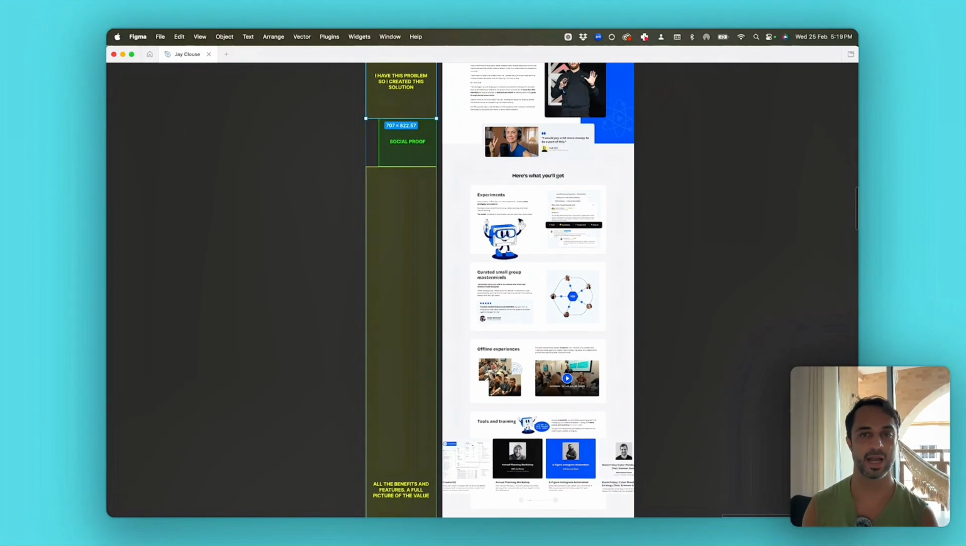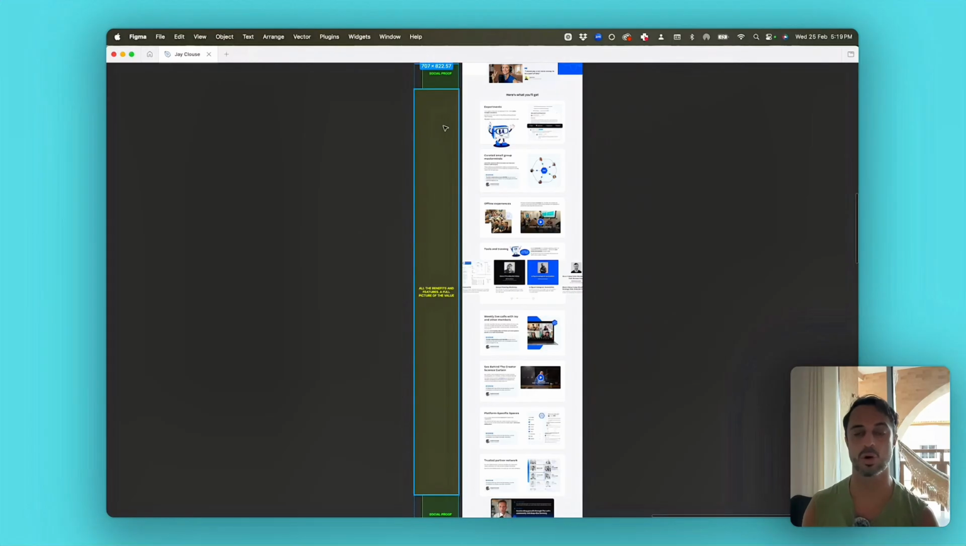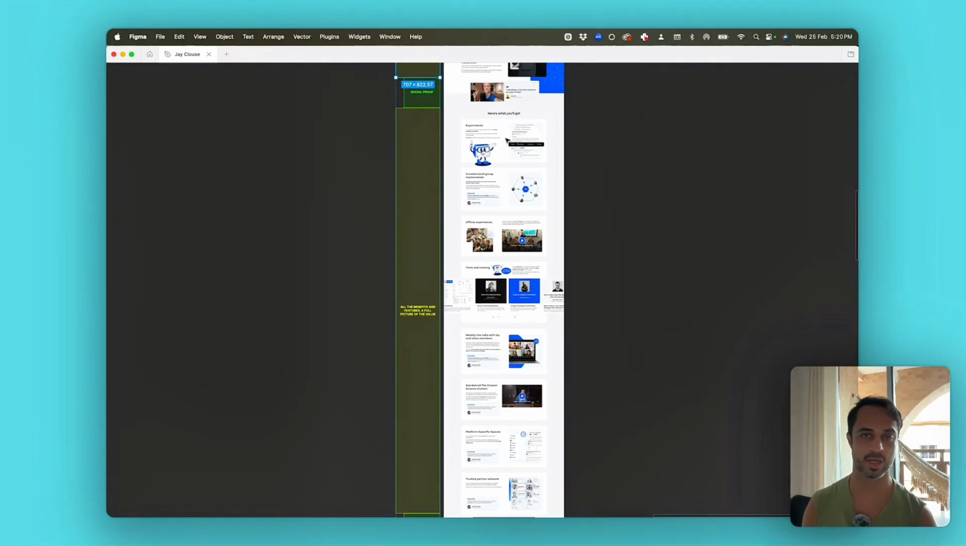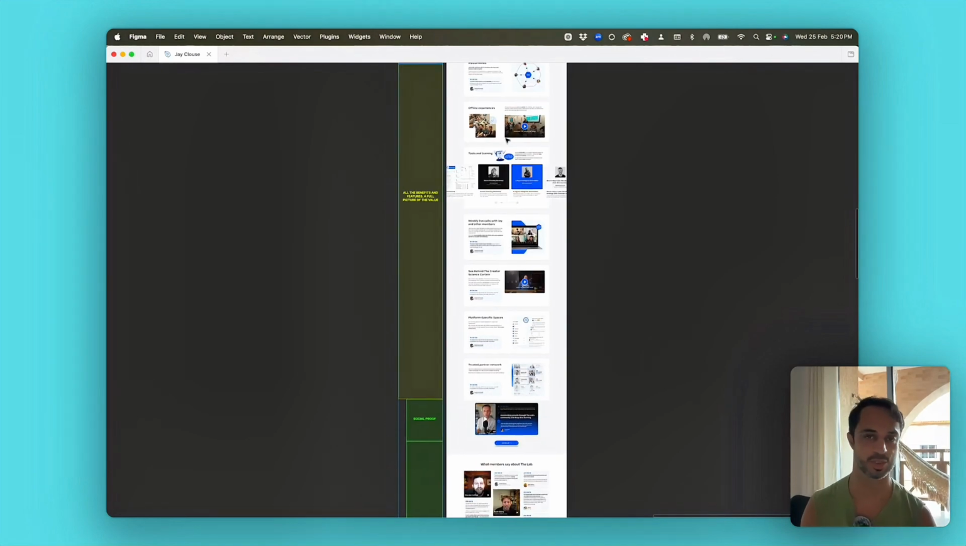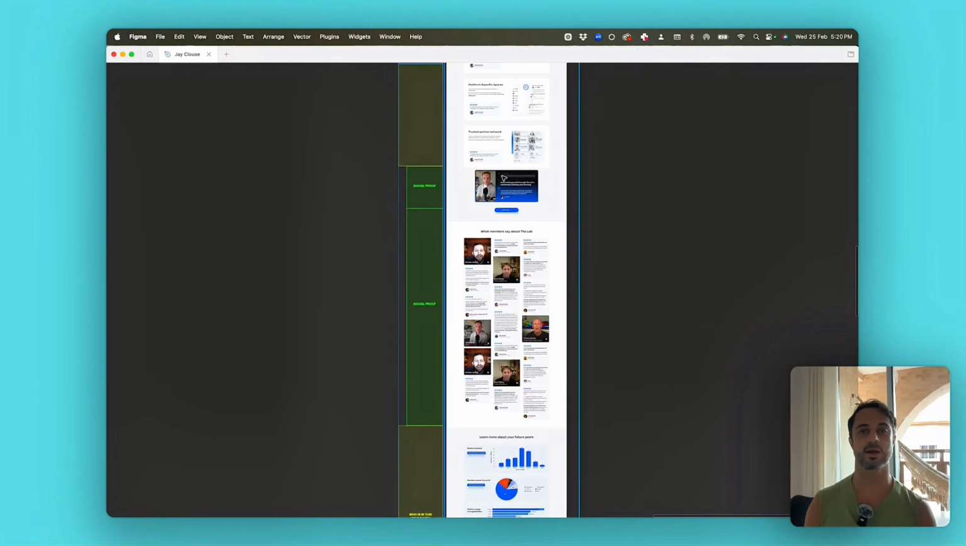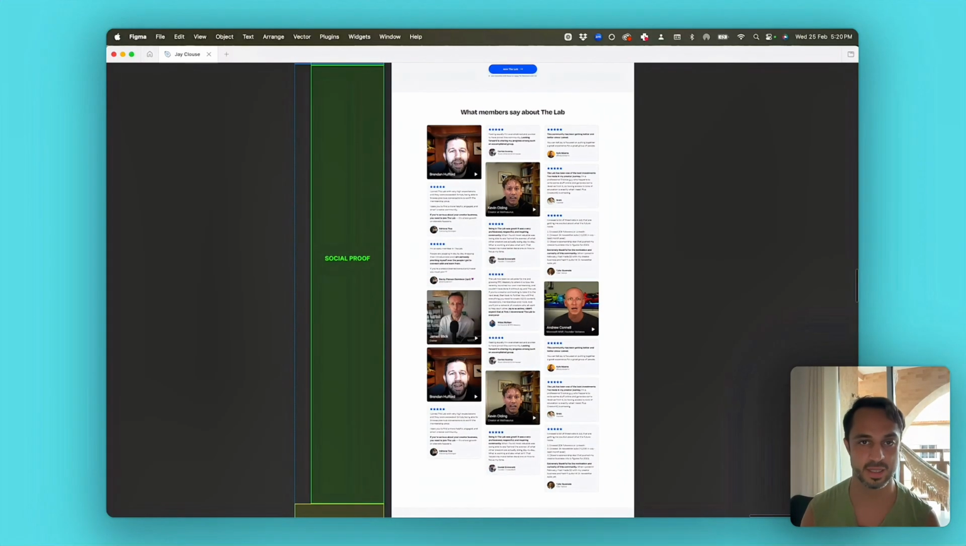More social proof, and then we finally get into all the details about the community, right? So we get into all the things that are included, the experiments they are running, the masterminds, the offline experiences, tools and trainings, and so on. And then we get to the actual social proof section, with all the testimonials right there, the wall